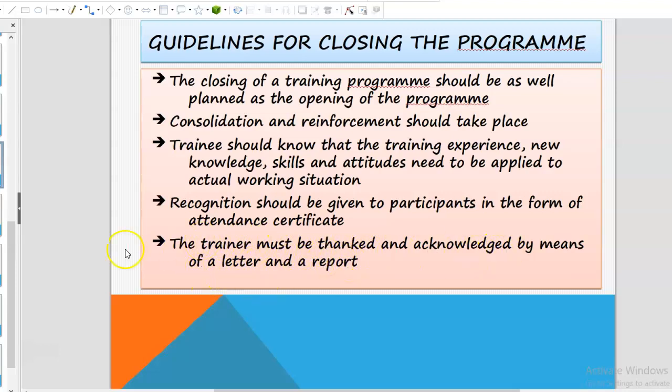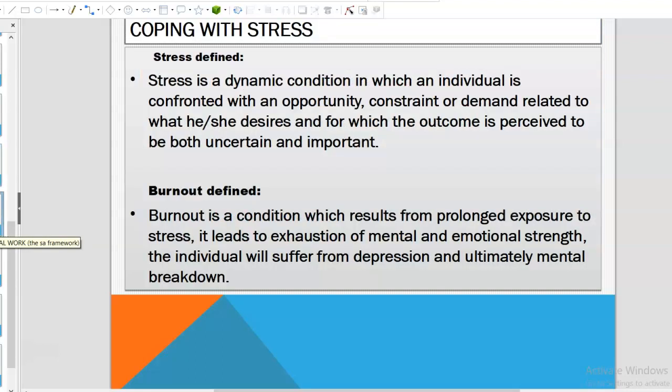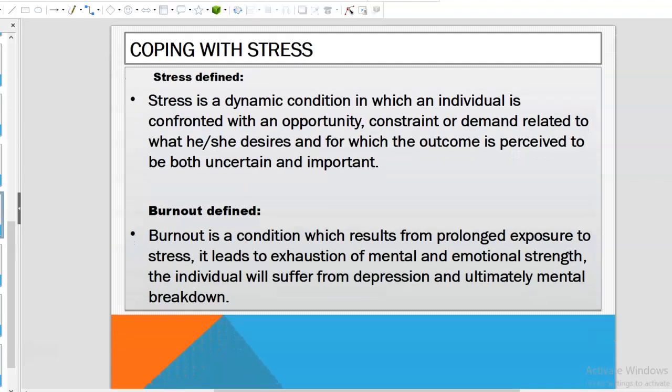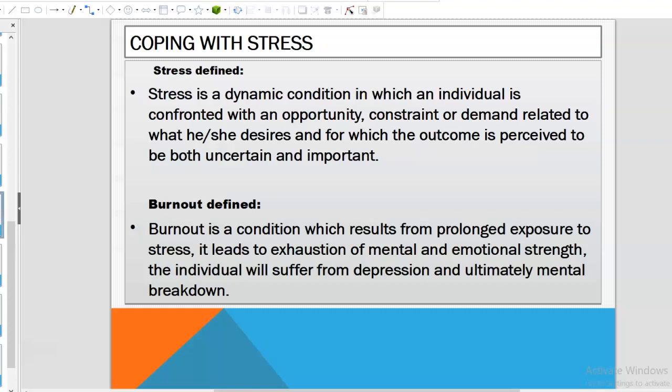So these are the guidelines for a training program, which is ushering us into the third part of this chapter 4, which speaks about stress, coping with stress. Remember, this is training. People are stressed. It is a stressful kind of situation. So now, in this case, you should just know the differences between